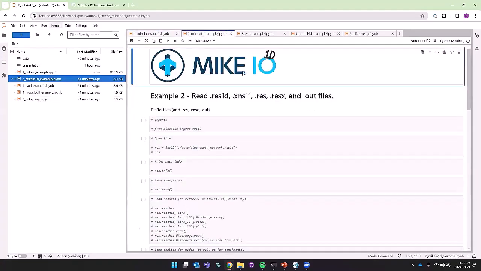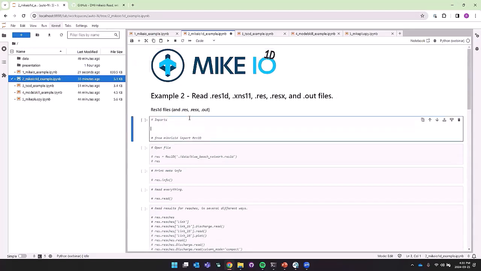The next one is mikeio1d. This one I mentioned is more for collection systems and also river modeling. Also water distribution. So all of these sorts of files, you can use mikeio1d.